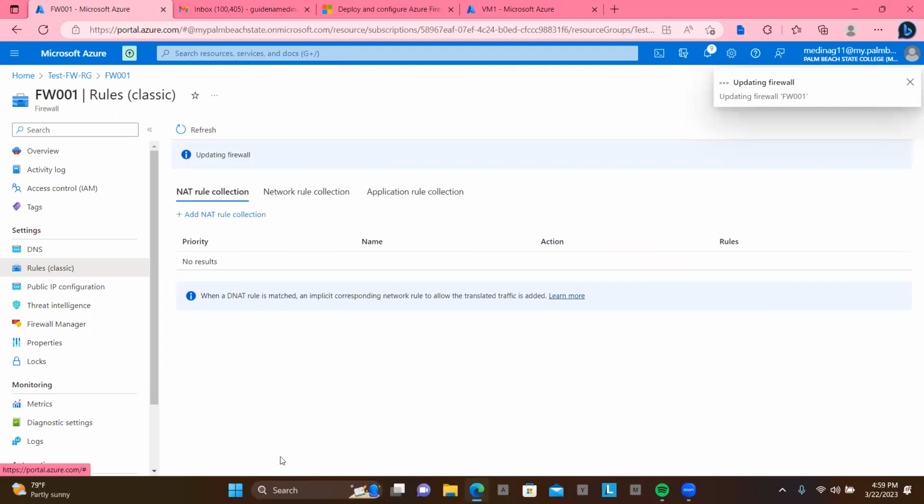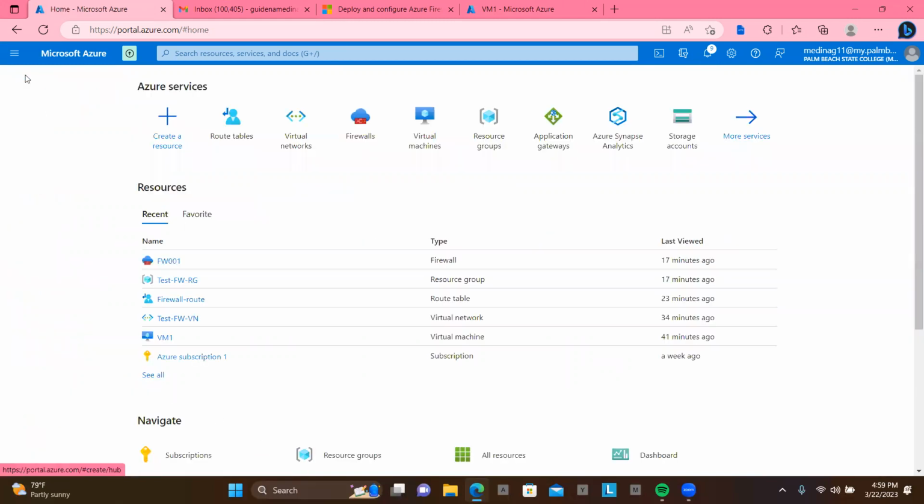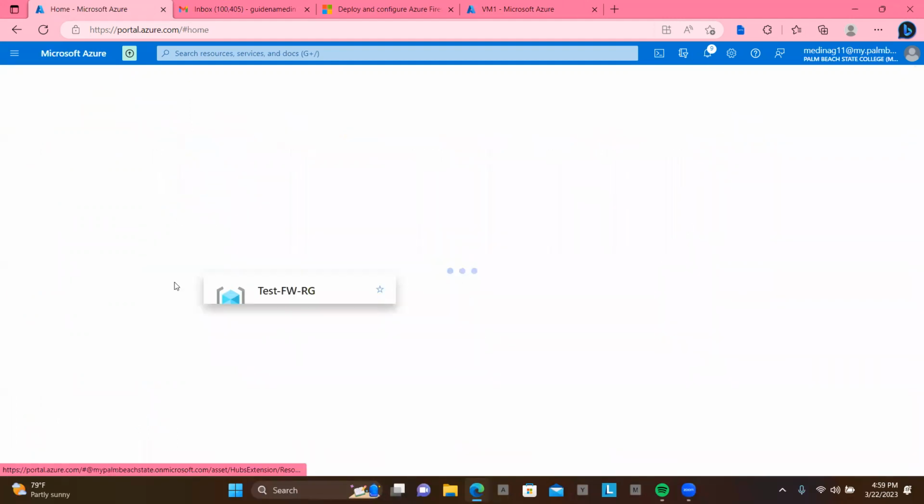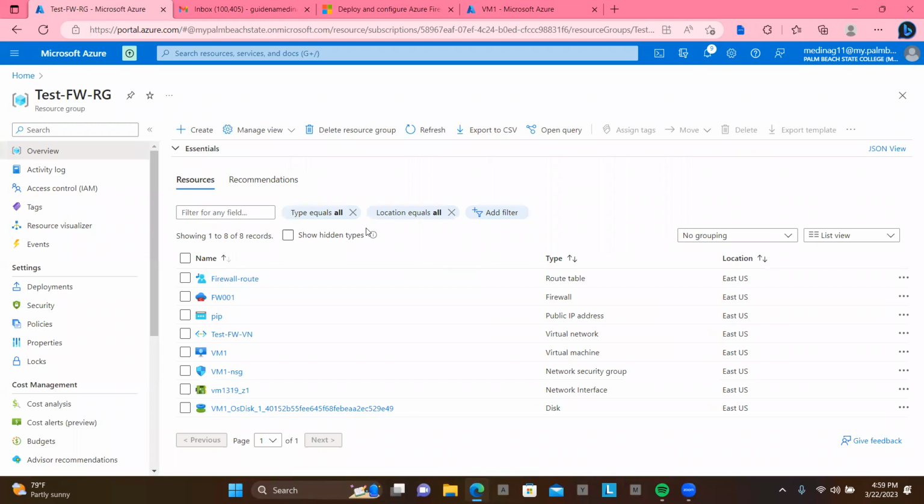Now, we have to change the primary and the secondary DNS addresses for the server network interface. So for testing purposes, guys, we have to configure the server primary and secondary DNS addresses. This is a general Azure Firewall requirement. So now we've got to go to the resource group. And from here, under the network interface for